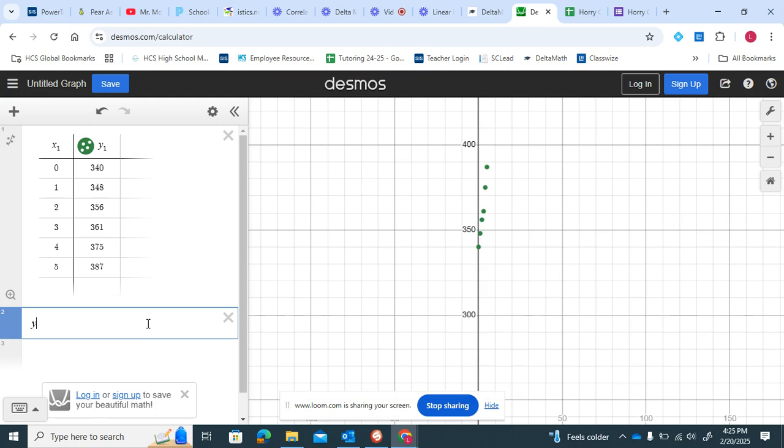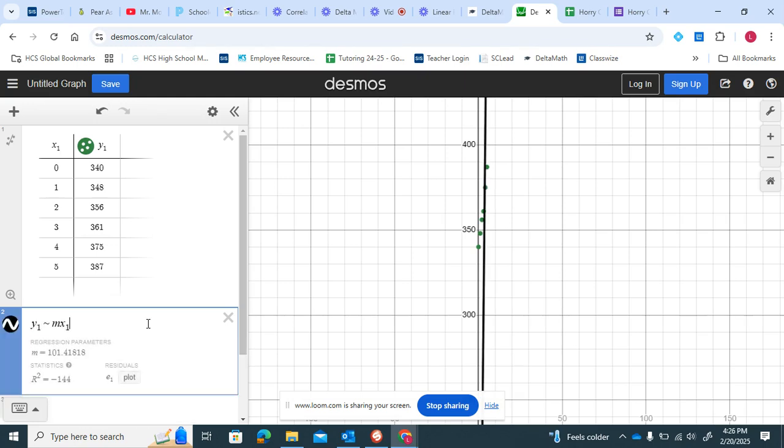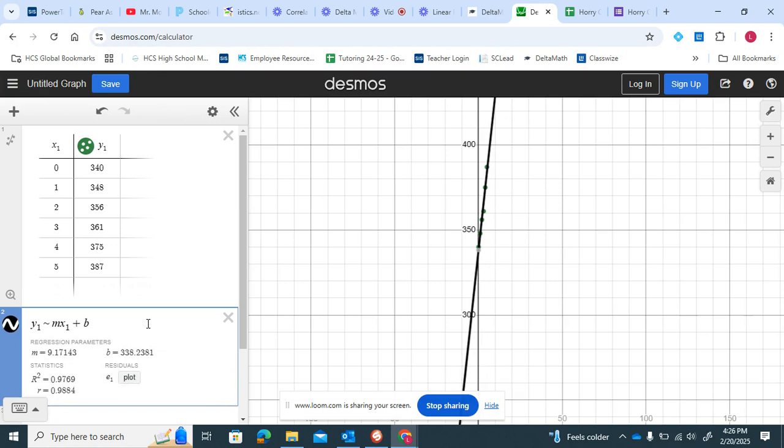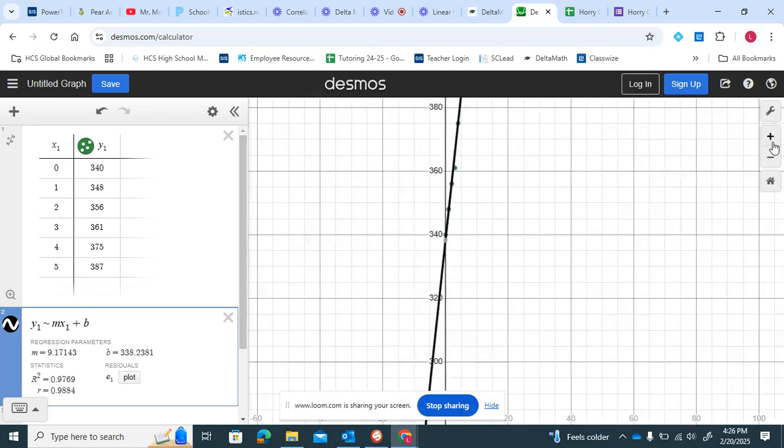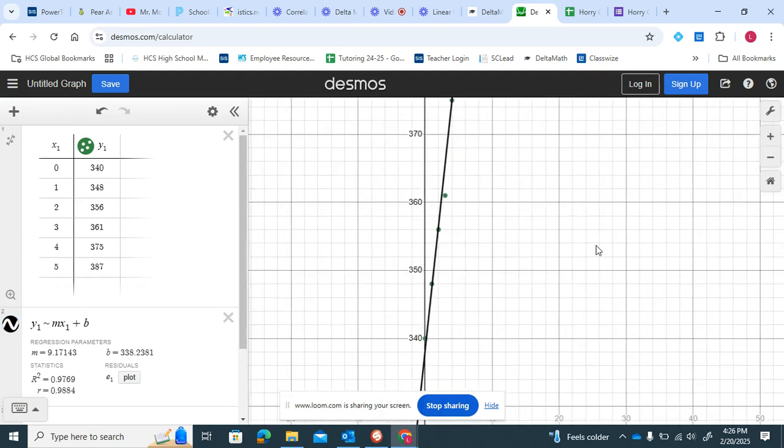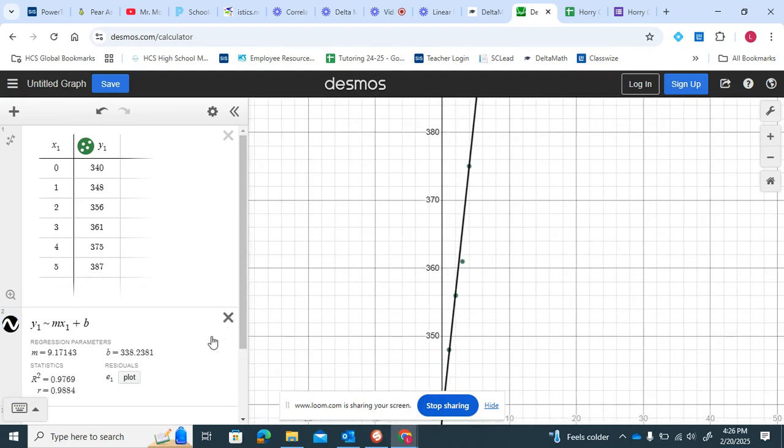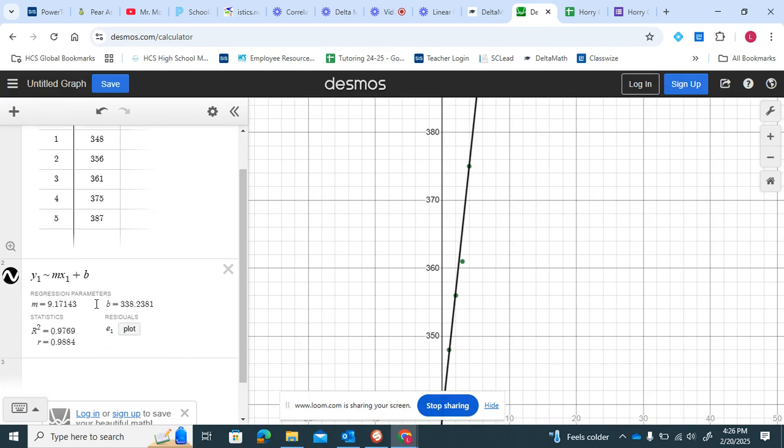Then I would do y1 squiggly mx1 plus b. Anyways, you type that in to find the line of best fit. The line of best fit automatically gets plotted, and you can see it goes through the points the best it can. That would be the line of best fit. And then you got your slope, which is m equals 9.17143. You have your y-intercept of